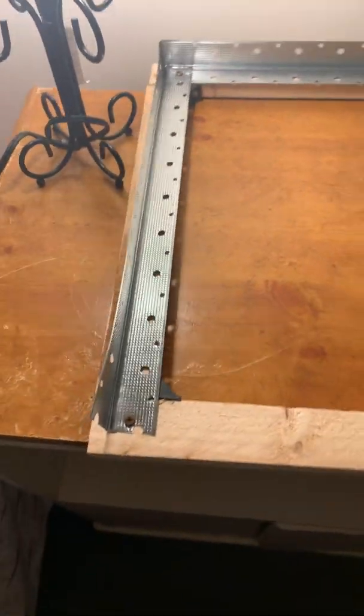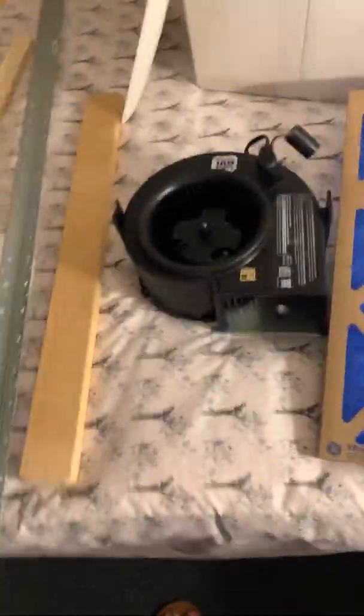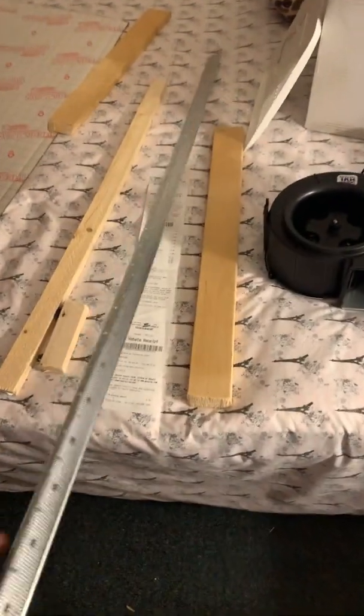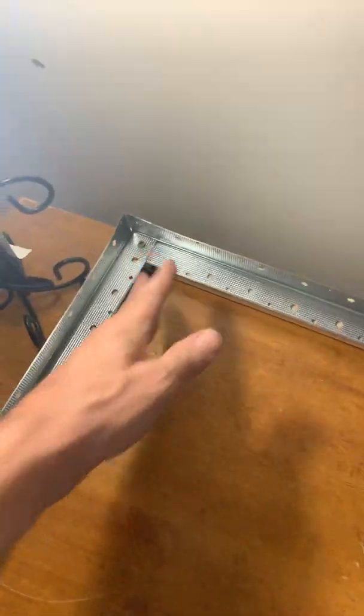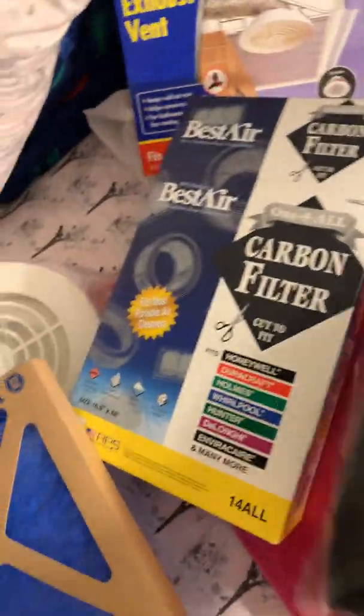So this is the slide-in tray for the filter, sized, and I did that with one of these. It's pretty cheap at the hardware store. You just make a cut, bend, make a cut, and bend, and put it in place here so it can slide in there. I'm also going to put a carbon filter on and cut this to size, and just put that on there too, because the cooking has hot peppers and sometimes seafood,